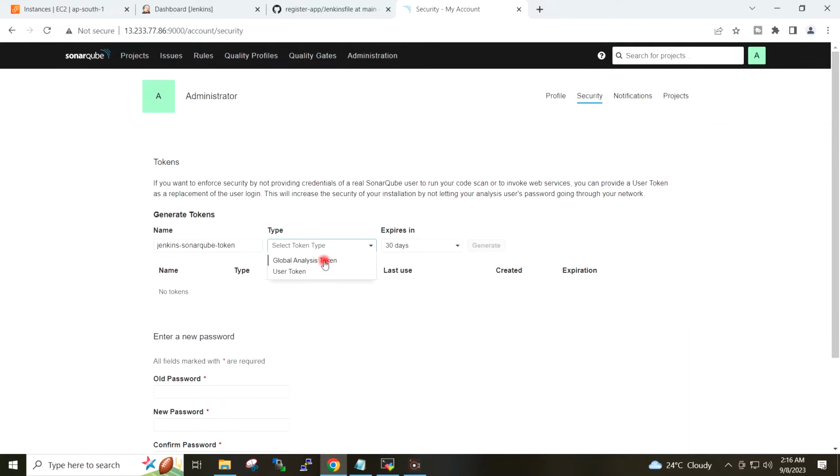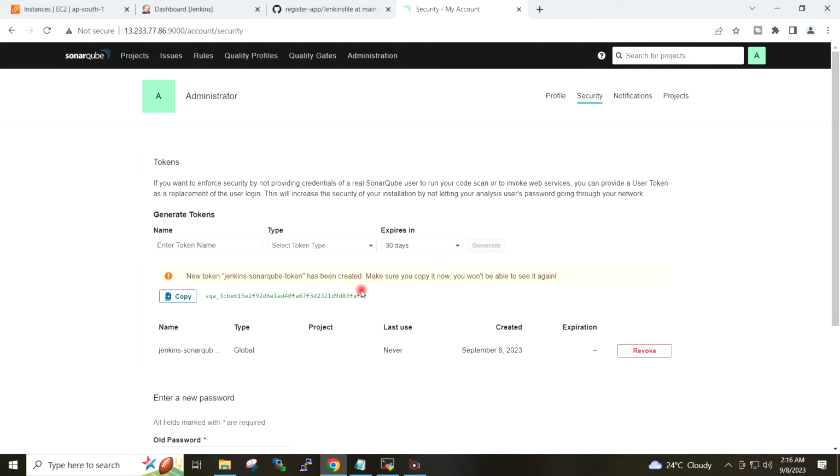Type, I will select global analysis token, expire in no expiration, and I will click on generate. Copy this token to your local system.